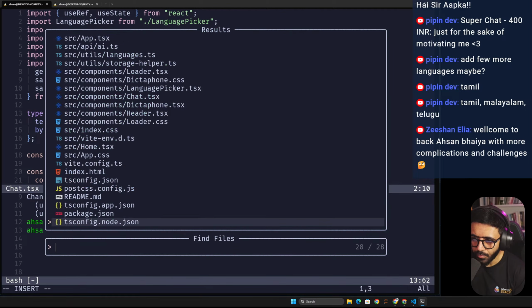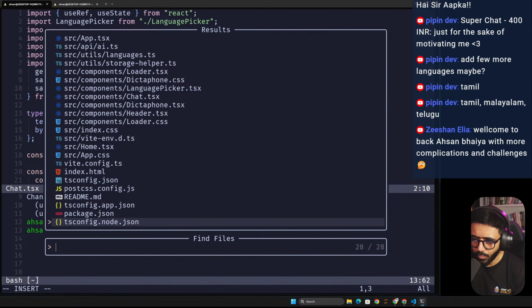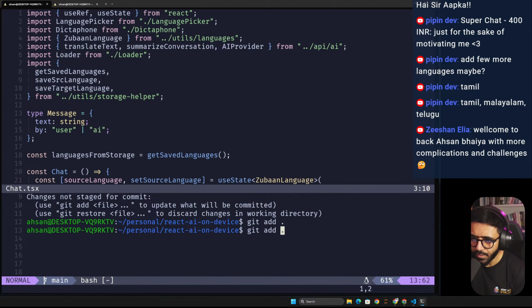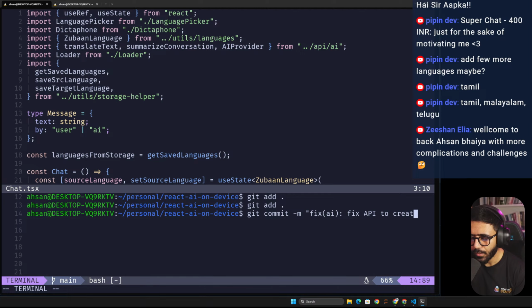If I go YAML dot YAML, nope. Okay, then we have some sort of deploy command then. Okay, git commit fix AI fix API to create session and prompt